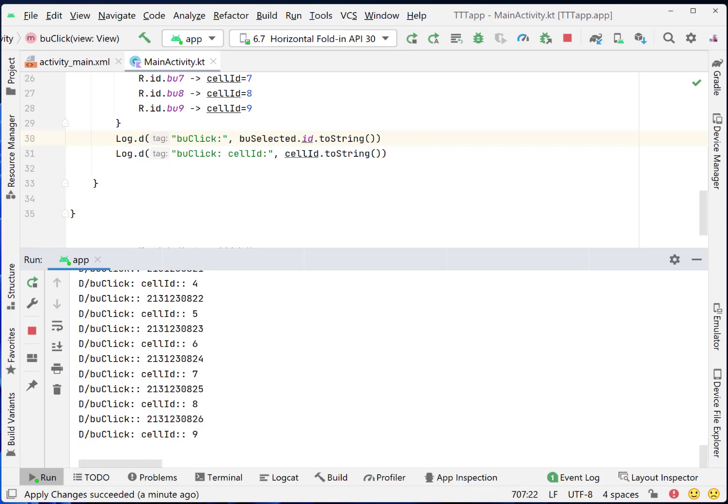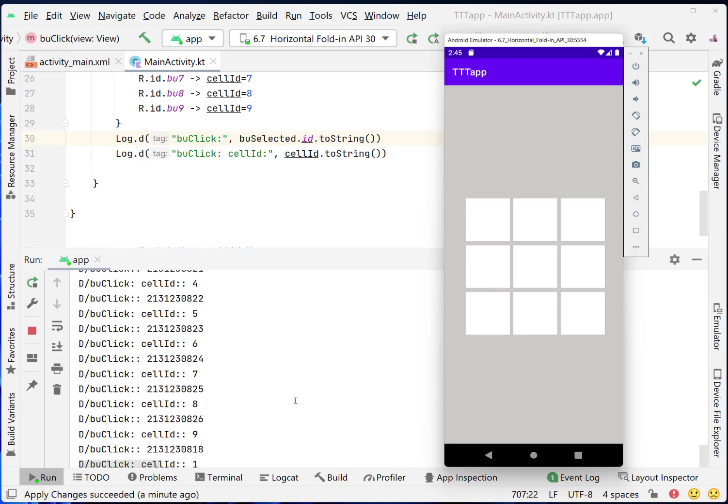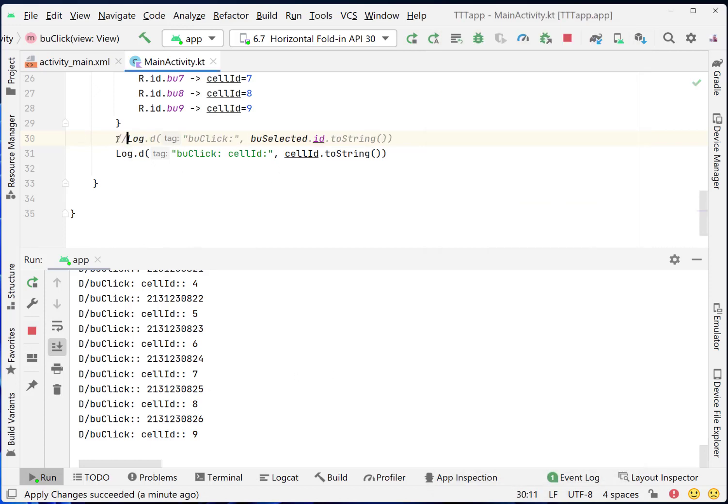Let's say if we click, this one is number 1, this one is 2, 3, 4, 5, 6, 7, 8, 9. As we see here, if we make this look again and apply changes on it, you'll see